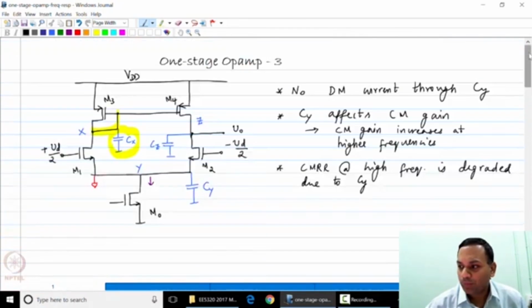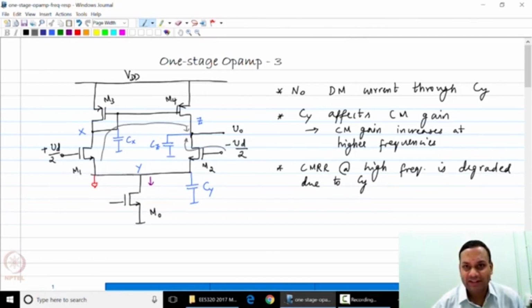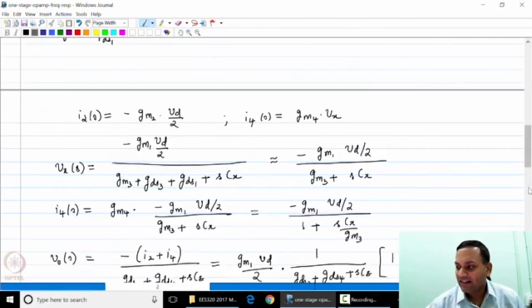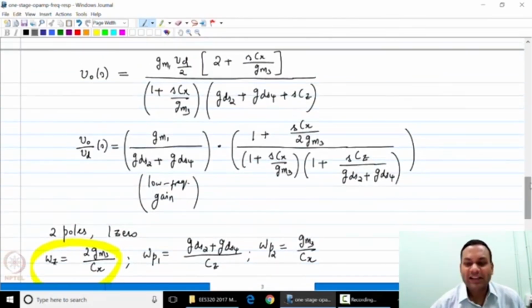It turns out that we do. If you actually look at the path traversed by the signal, there are two paths traversed by the signal. In the first path, the signal from minus Vd by 2 travels directly to the output node. The signal from plus Vd by 2 takes a different path where it sees an extra phase shift due to the presence of Cx, and that is why you see the additional zero in this path, and it turns out that the frequency of the zero is at twice the frequency of the